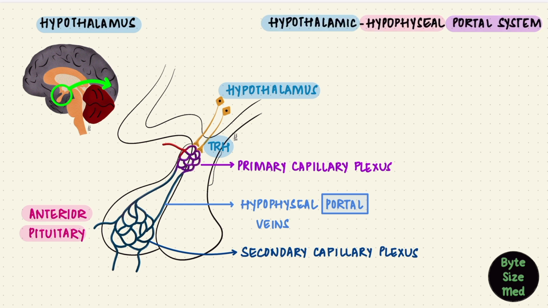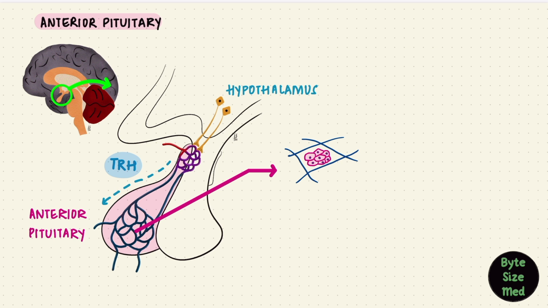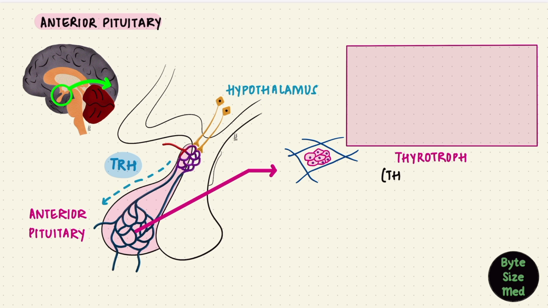The importance here is that the portal blood has TRH, since the hypothalamus synthesizes it, and the site that receives the highest concentration of that TRH is the anterior pituitary. The anterior pituitary synthesizes quite a few hormones, so it has cells for that process. The ones we need here are called the thyrotrophs. They're also known as thyrotropes or thyrotropic cells. TRH has receptors on these cells.